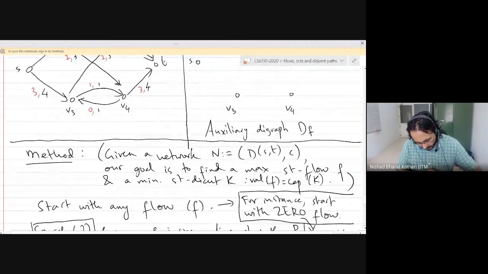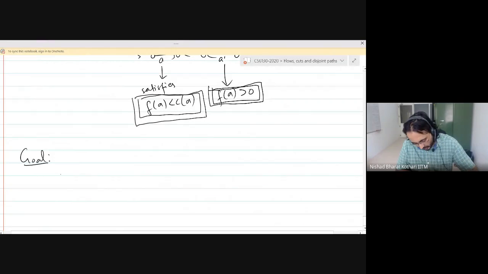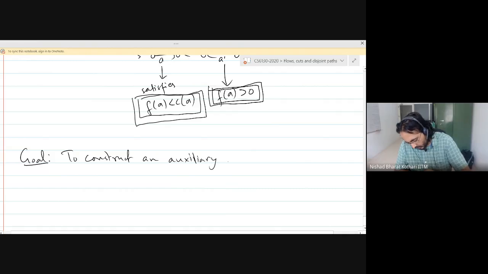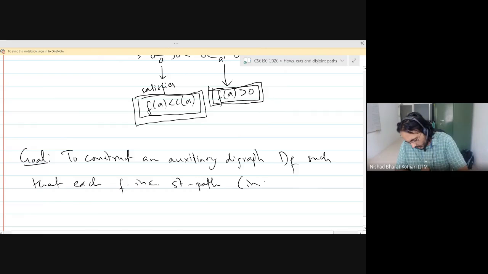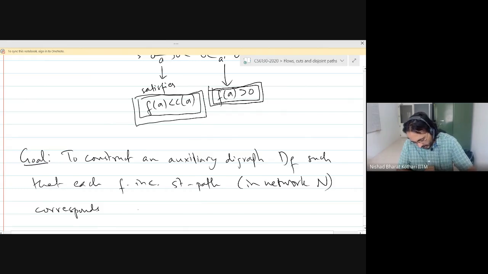Our goal is to construct an auxiliary digraph D_f such that each f incrementing st path in the network N corresponds to an st dipath in the auxiliary digraph D_f,